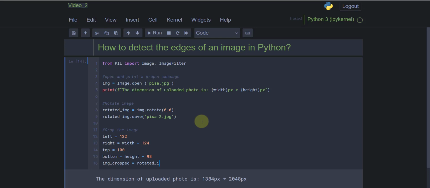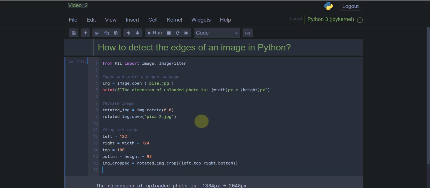and I should first import my previous file, which is the rotated image, as a feed to this function, which is just cropping. And here I'm gonna use left, top, right, and finally bottom in this part. So again, I'm gonna save this,